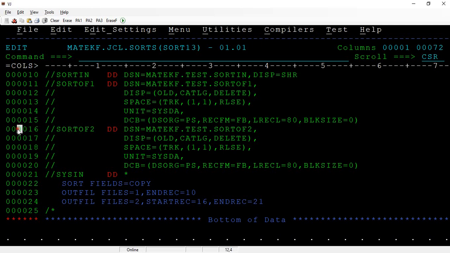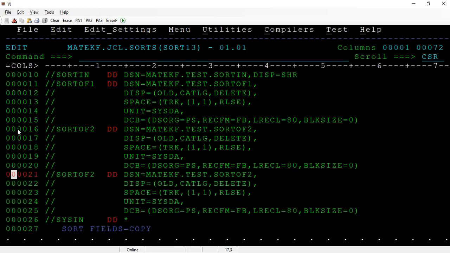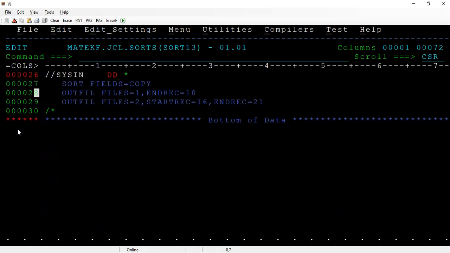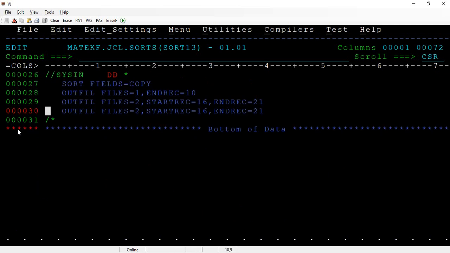Here I'm just taking 2 files, right? If you want 3 files, then you can add another one as well. Sort 3. Since I haven't created this file, I'll make it new and then make it 3. Now in the third one I wanted to copy from the 11th record to, let's say, the 15th record.